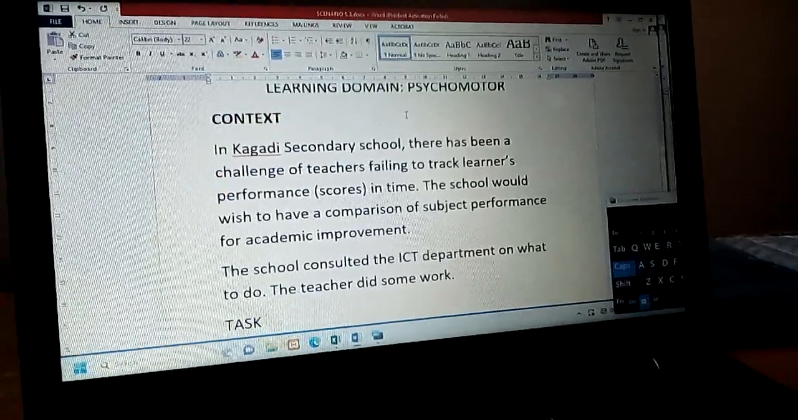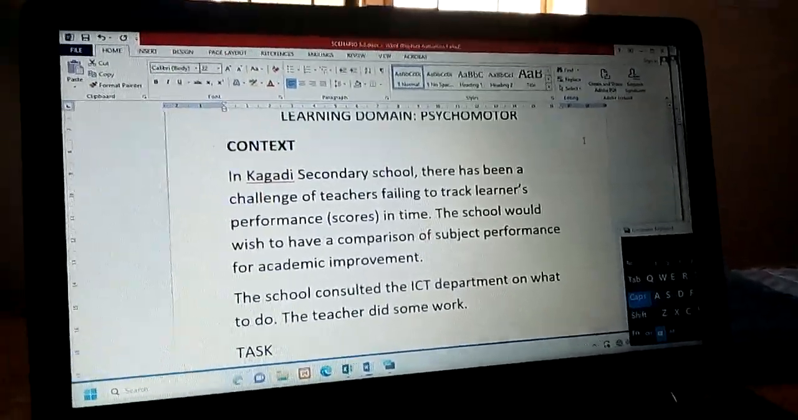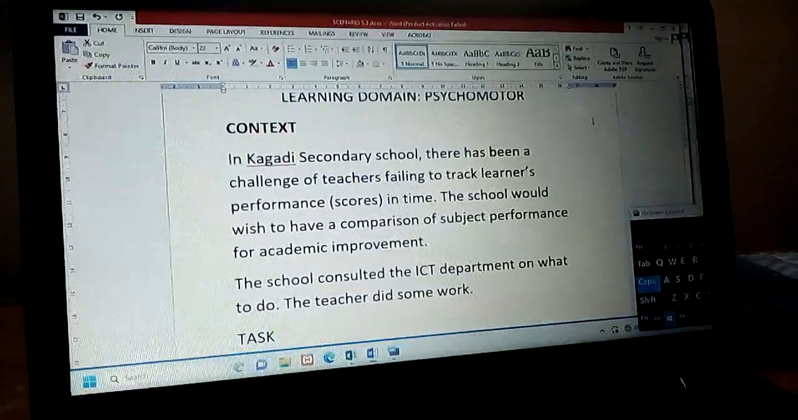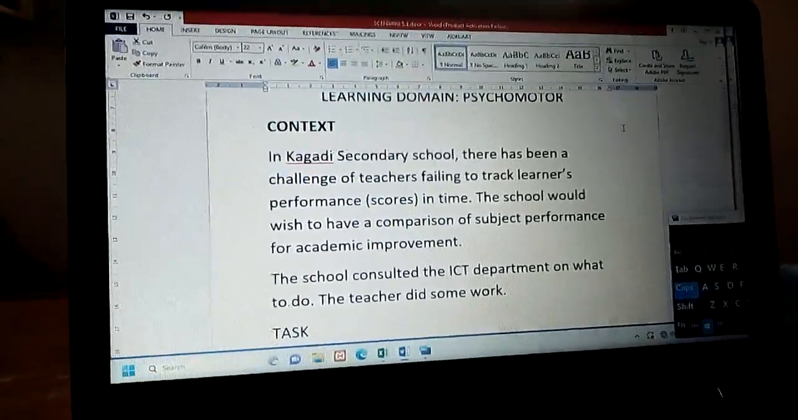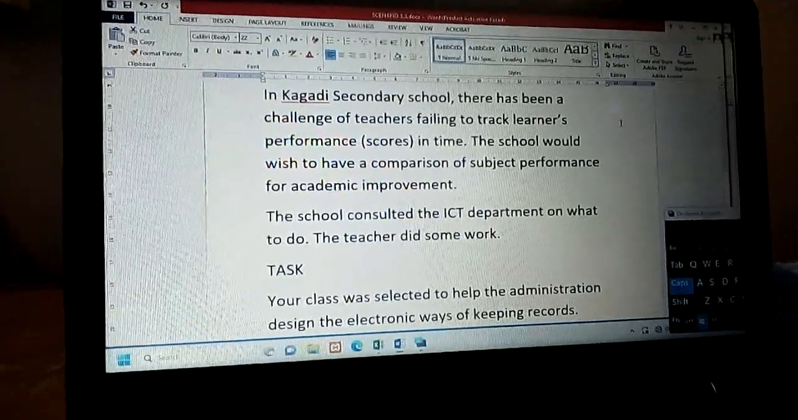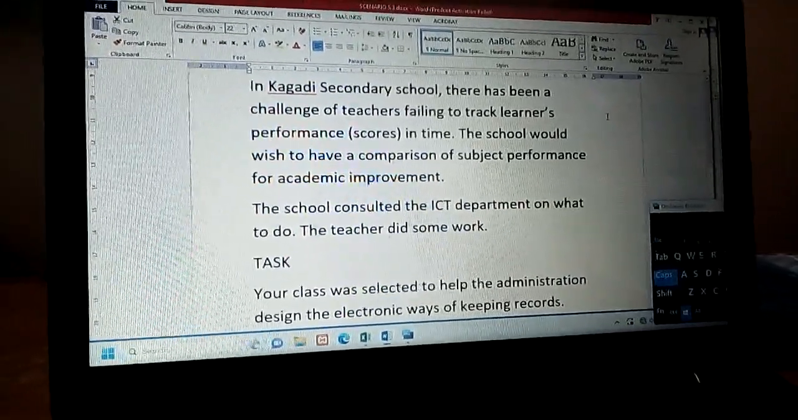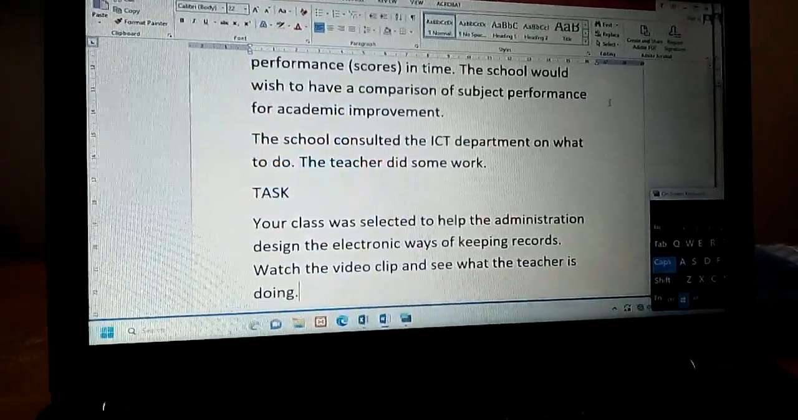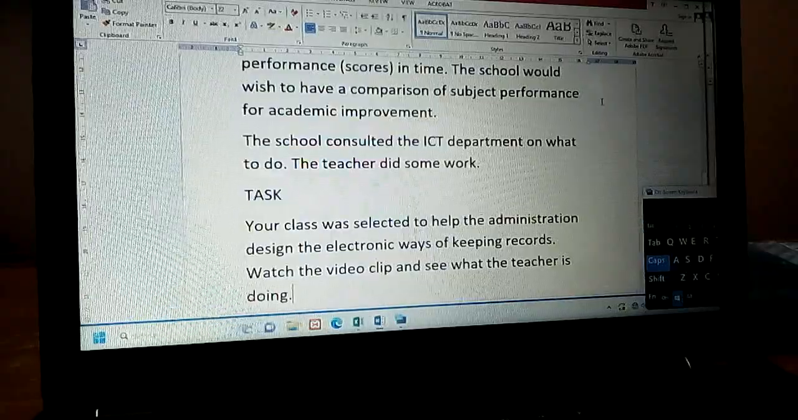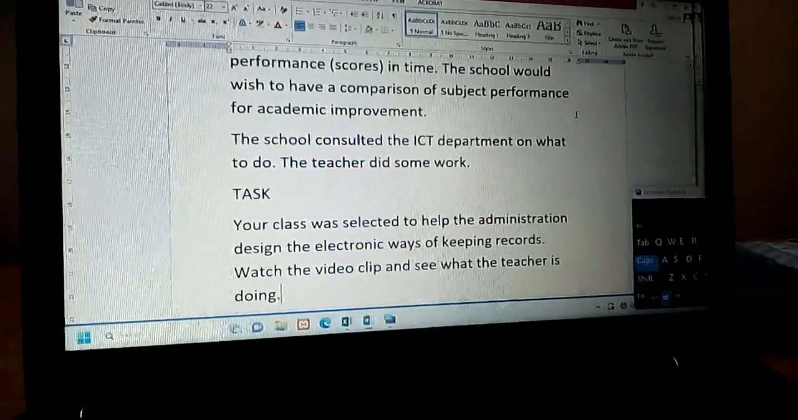It is saying in Kagadi Secondary School, there has been a challenge of teachers failing to track learners' performance, in bracket scores, in time. The school would wish to have a comparison of subject performance for academic improvement. The school consulted the ICT department on what to do. The teacher did some work. Then the task is,